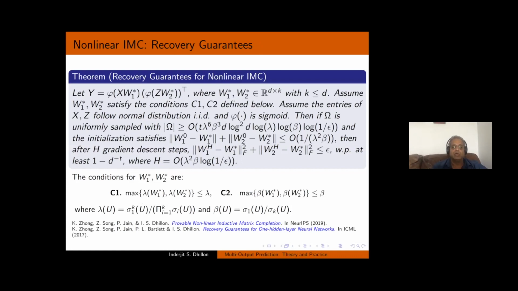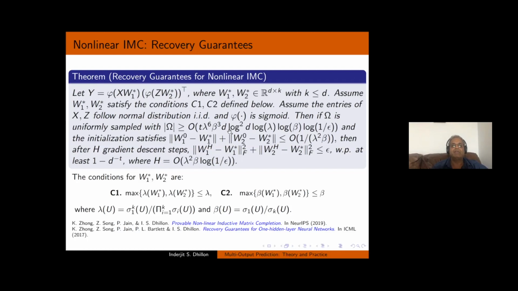And so Kai Zong was able to show that for this simple set, simple in terms of the practice of neural networks, but it does lead to substantial complications, we can still get recovery guarantees. So if now Y comes from this particular model, phi of X W1 star, where W1 star is the ground truth, phi of Z W2 star transpose, if the ground truth comes from there,